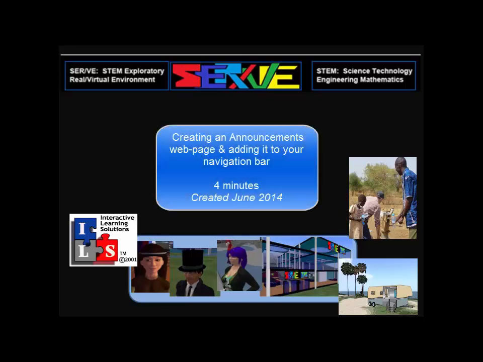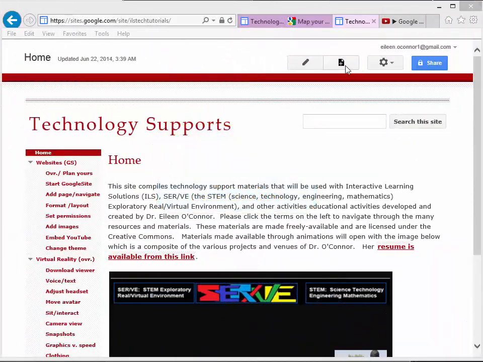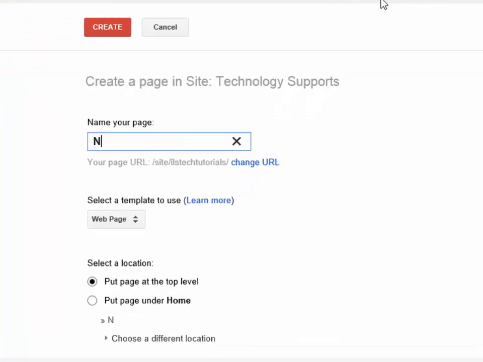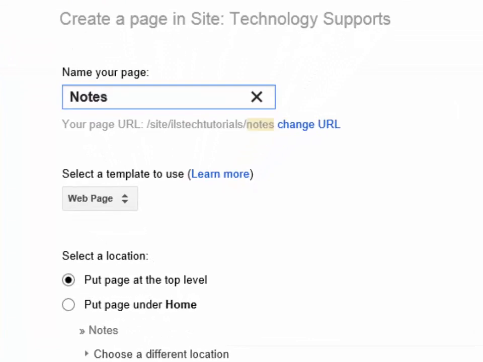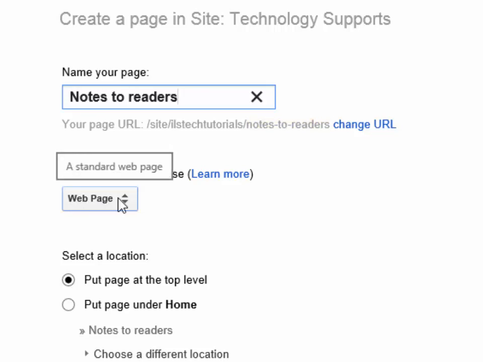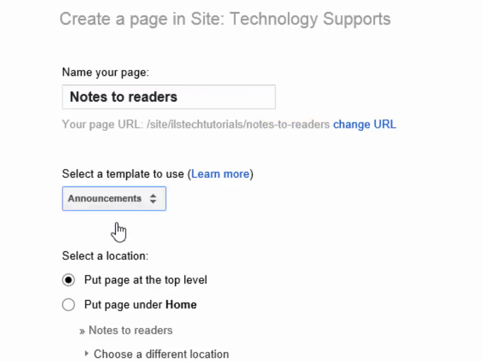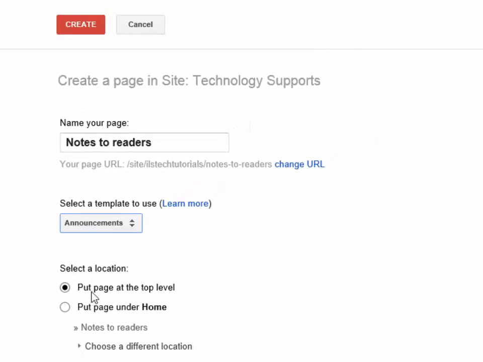Using the announcements page is one of your other web page options. There are some other built-in pages that you can use, and you would start by clicking New Page, and as before you would fill in the title. I'm going to call this Notes to Readers, and I will now not simply select a web page. I'm going to click Announcements, and for now I'll put this under the page at the top, and I'll click